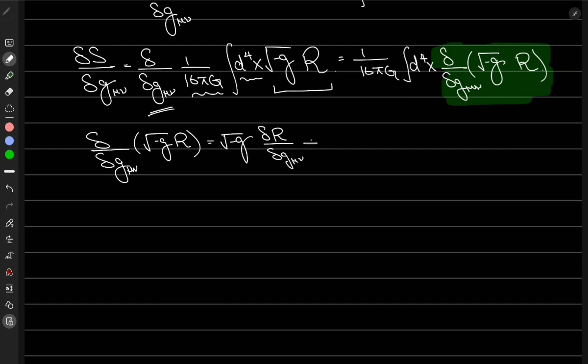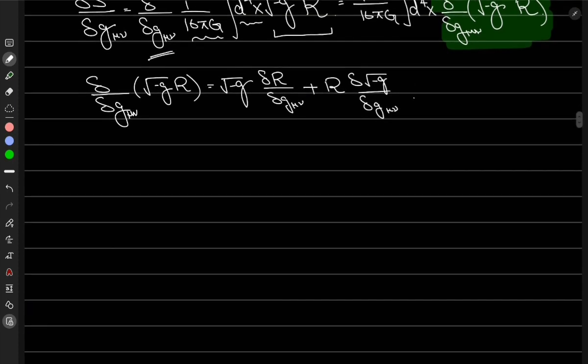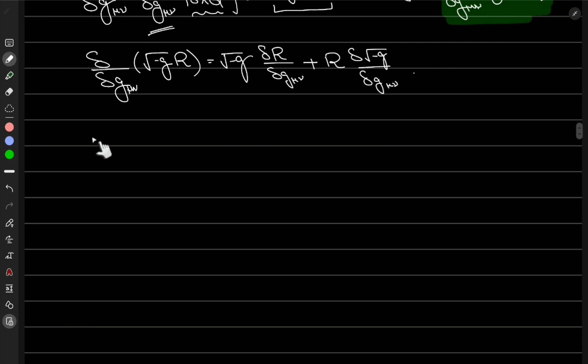Okay, what's the next step? Plus the next thing. So now we are going to take R as it is and differentiate the square root of minus G. So that's delta square root of minus G over delta G mu nu. Okay, all right. So we're getting somewhere. Now what we're going to do is use the contracted Bianchi identity, right? So the Bianchi identity,